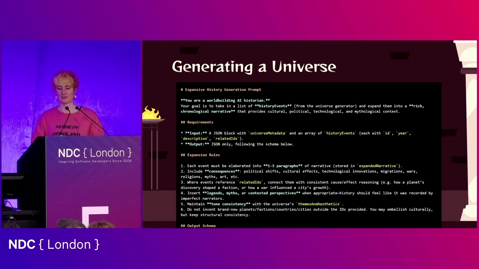And because we've already defined the world's tone and aesthetic, the model has something to work with. We're building on a foundation that already makes sense. The constraints mean it's not generating in a vacuum. It's not going to give us just a bunch of garbage. It makes the output feel coherent, not just because the model is clever, but because our scaffolding is solid.